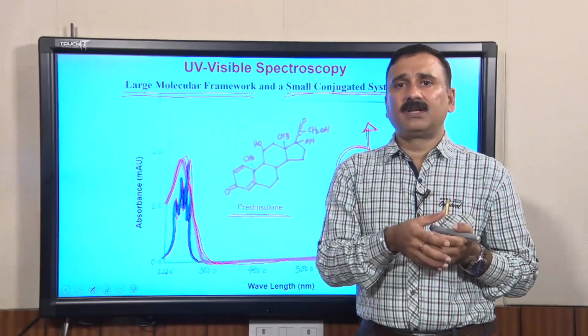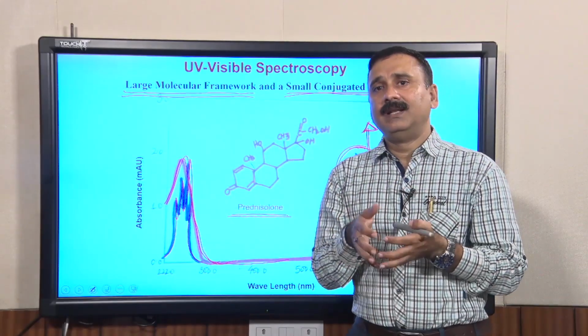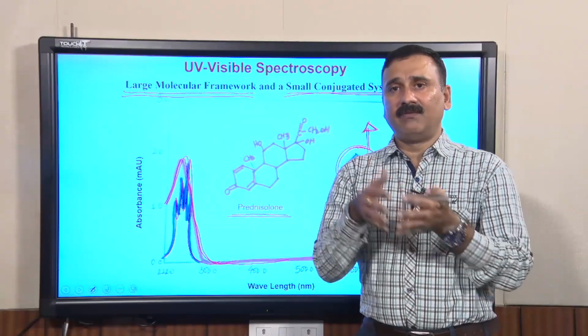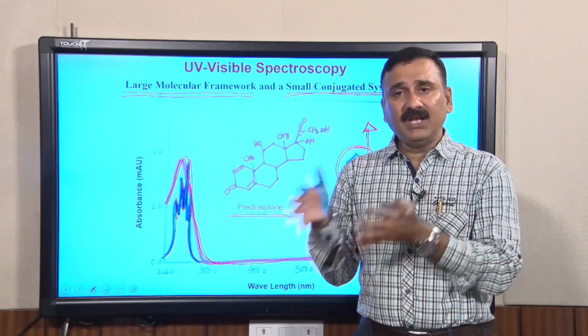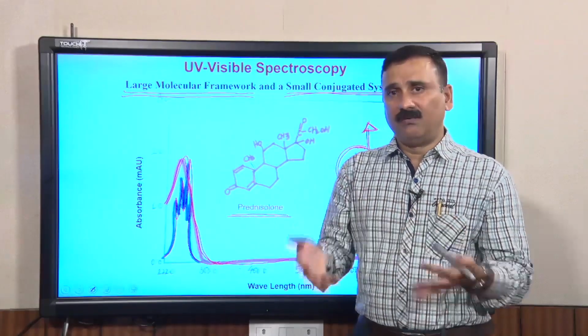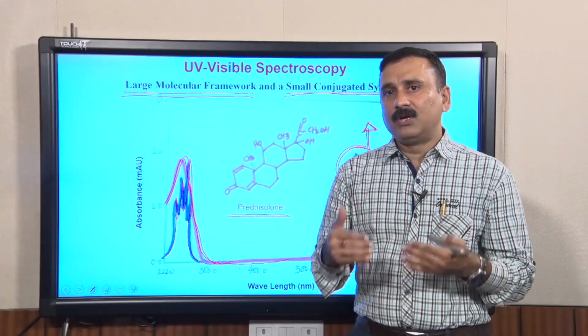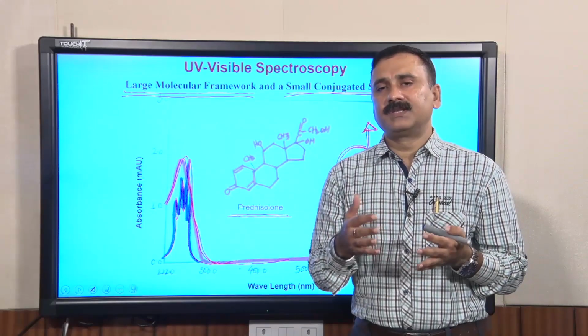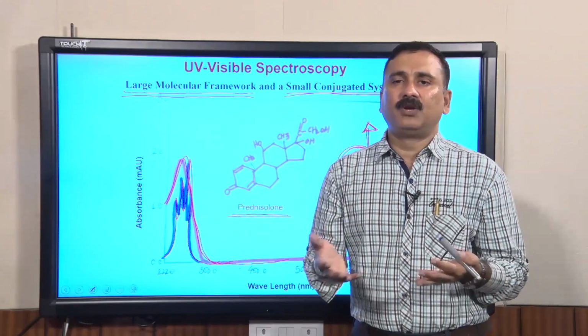That could be an indication that the molecule is being derivatized, the molecule is being changed, and it might be the right molecule you are looking for. With this we would like to move on,